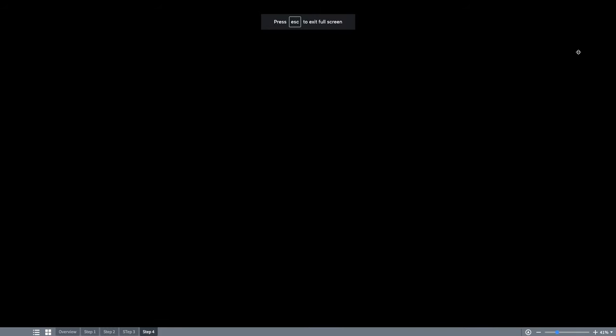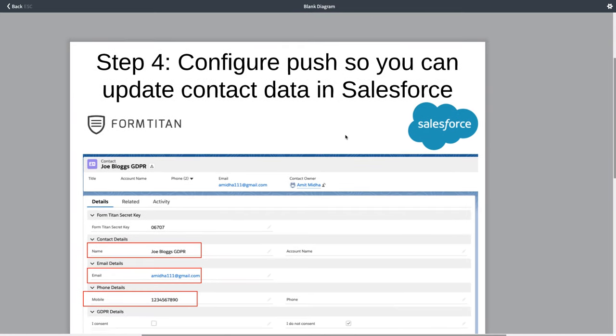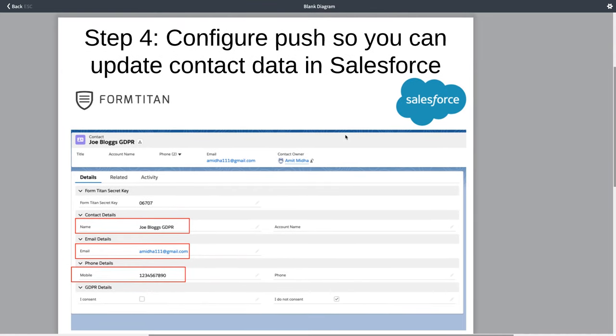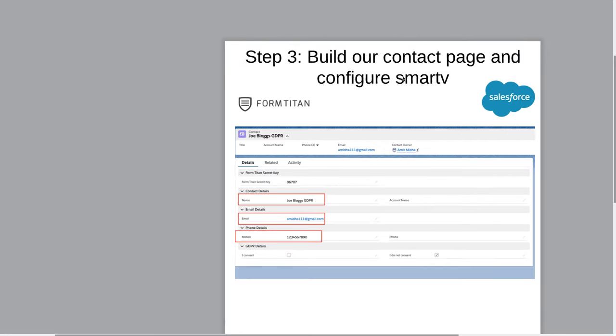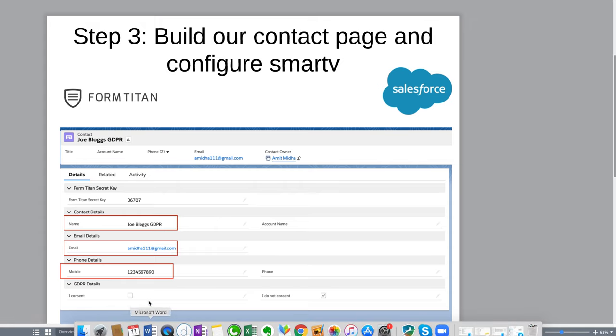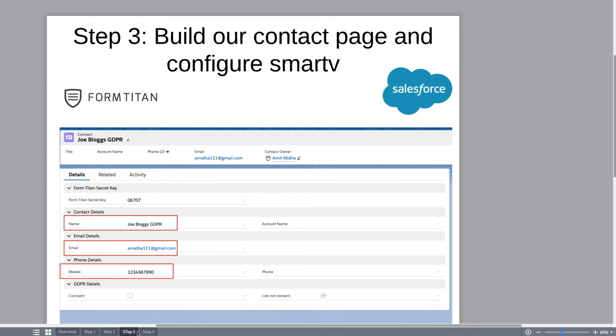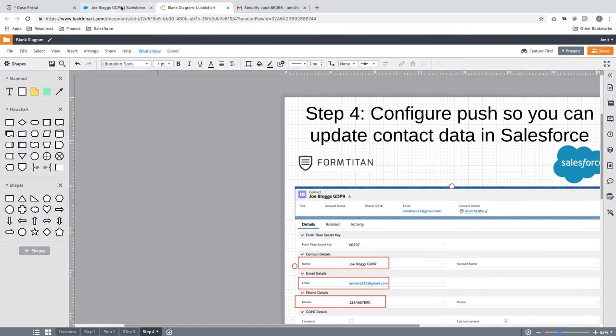Hey guys, welcome to video number 5 of the series and step 4, configure push so you can update contact data in Salesforce. In our last video, we set up our Smart V. We built our contact page in our form builder and set up a Smart V. I showed you in the Smart V how you can get the data, but in this video, I'm going to show you how to